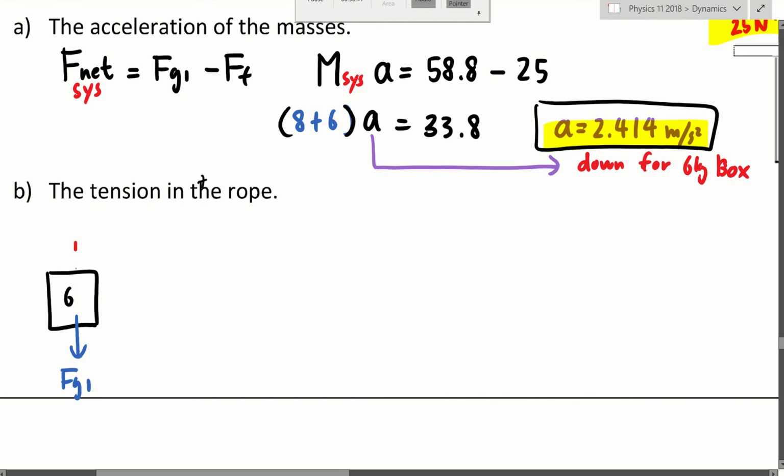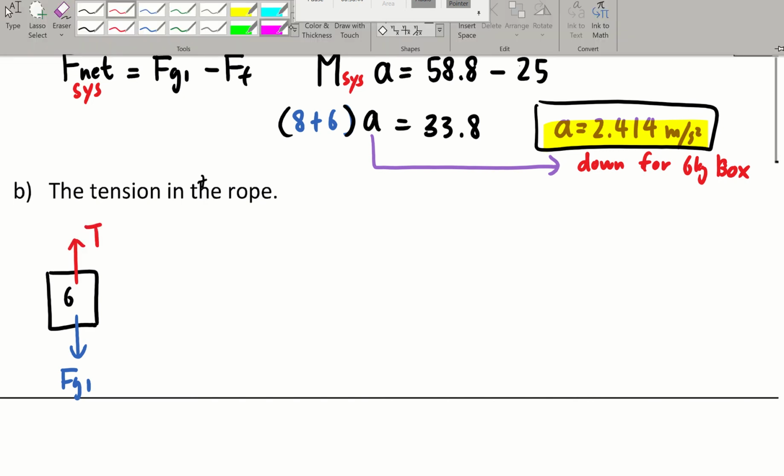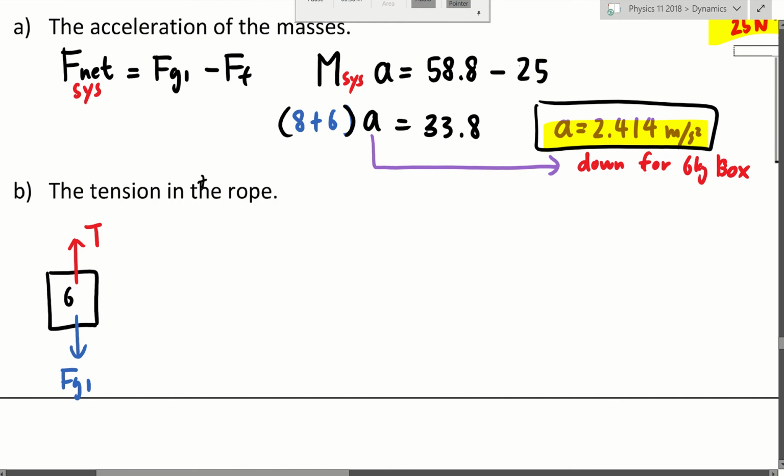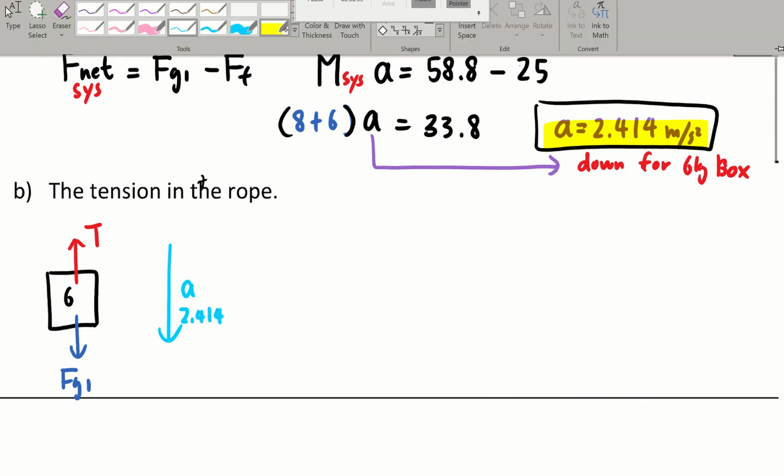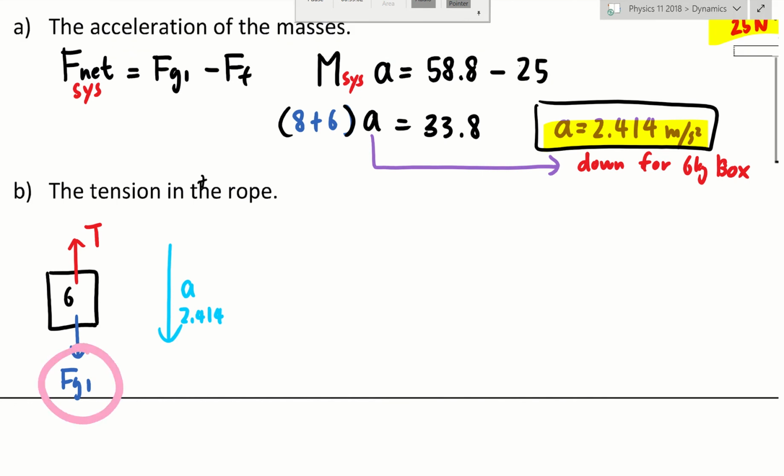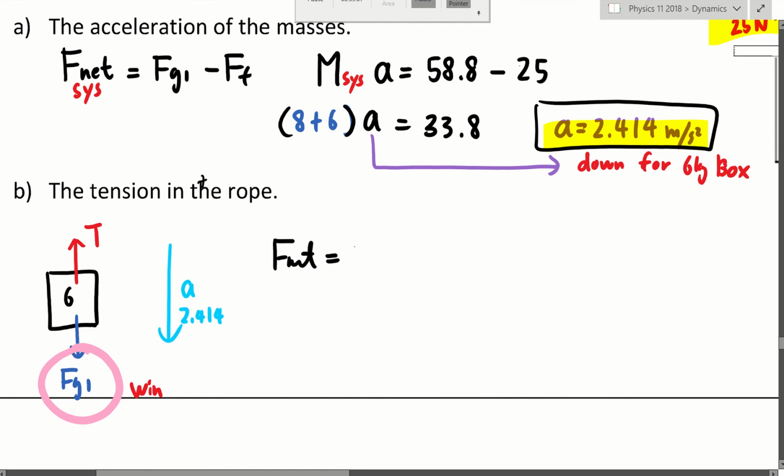This is the last thing. Fg1, tension, and then we draw the direction of the movement. Which way does it go? Down, right? This is 2.414, that's the acceleration. If the acceleration goes down, then which force wins? Fg1 wins, because Fg1 is the one that goes down. So set up your net force for the box only. Take the winning force minus the losing one, and make it equal to ma: ma equals Fg1 minus tension. Mass 6 kilograms, acceleration 2.414, Fg1